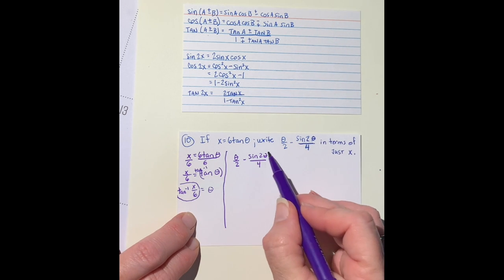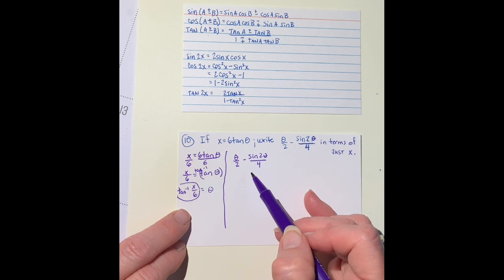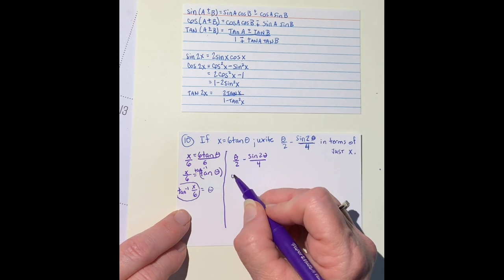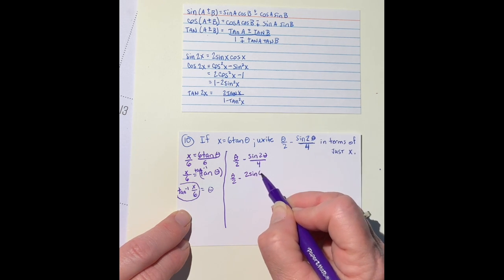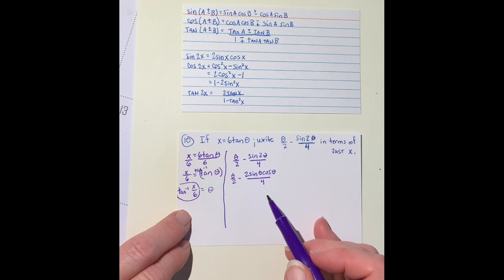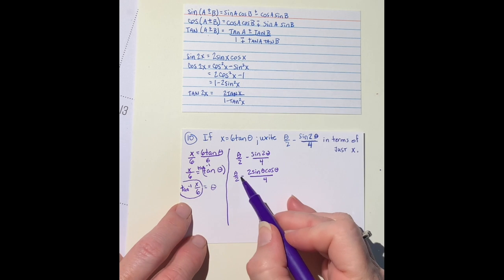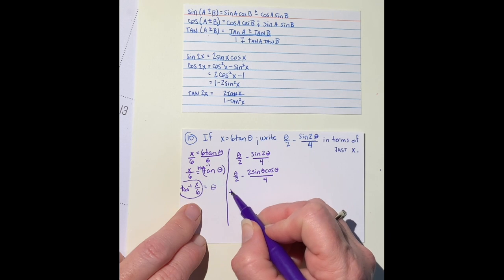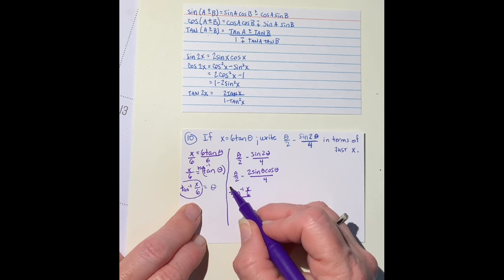Well, first of all, the sine of 2 theta, I don't have anything, I'm going to go ahead and use the double angle identity to write that as 2 times the sine of theta times the cosine of theta. Okay, and so let's go ahead and replace it, substitute inverse tangent of x over 6 for theta. So the inverse tangent of x over 6 over 2, just replacing this as my theta,